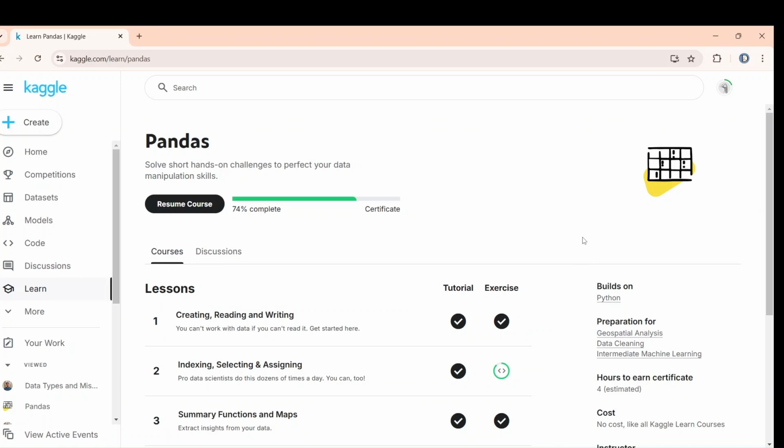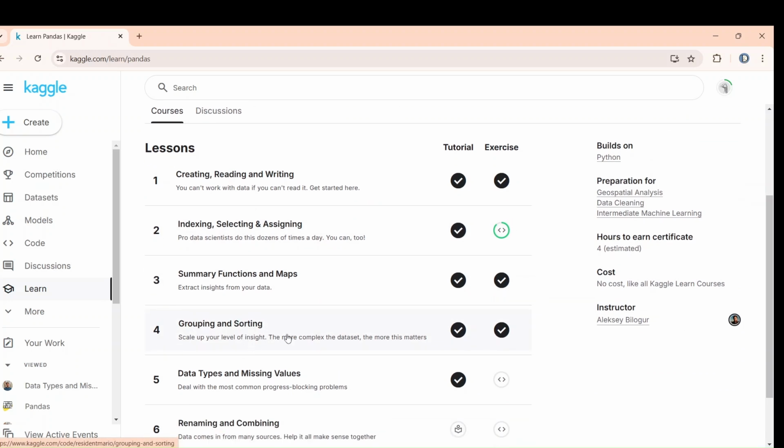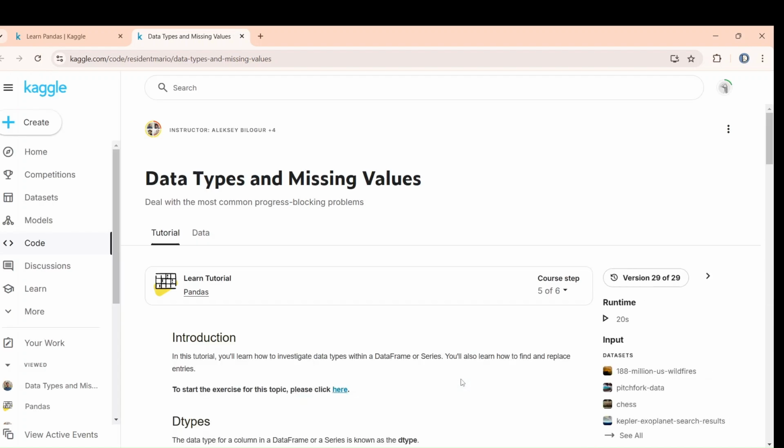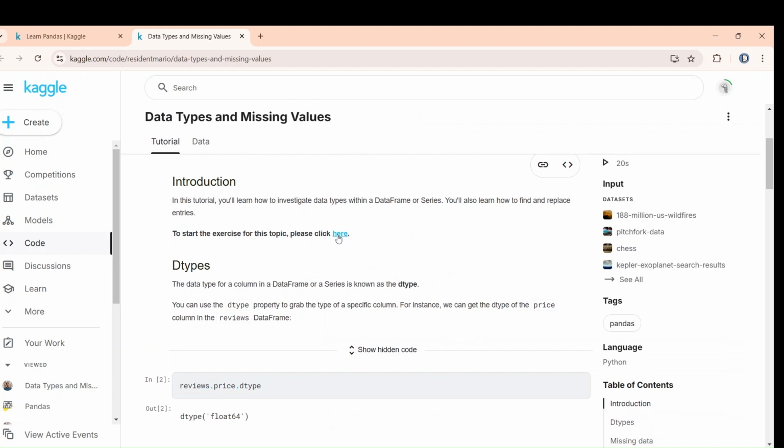So let's continue our pandas course, and as of now we have completed 4 lessons. Okay, so today we are going to understand about data types and missing values. Now in this tutorial you will learn how to investigate data types within a data frame or series. And to start the exercise,